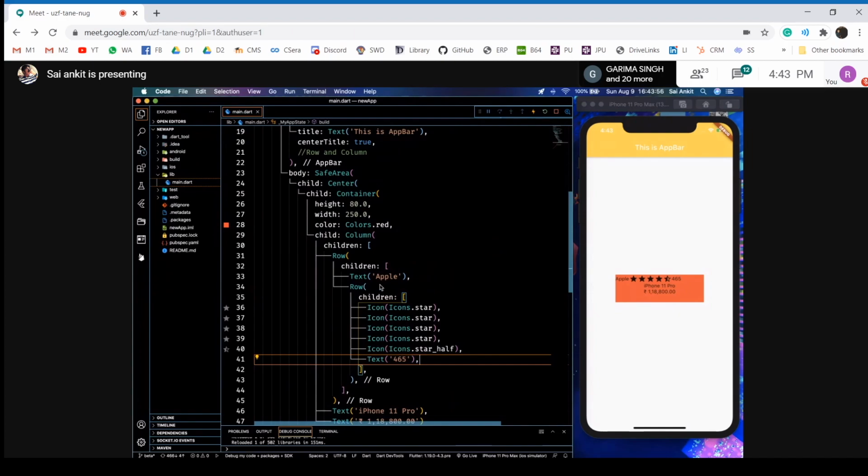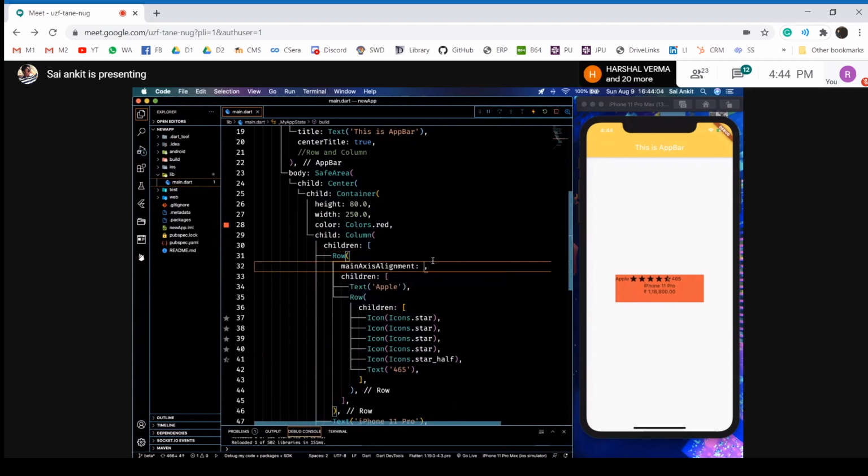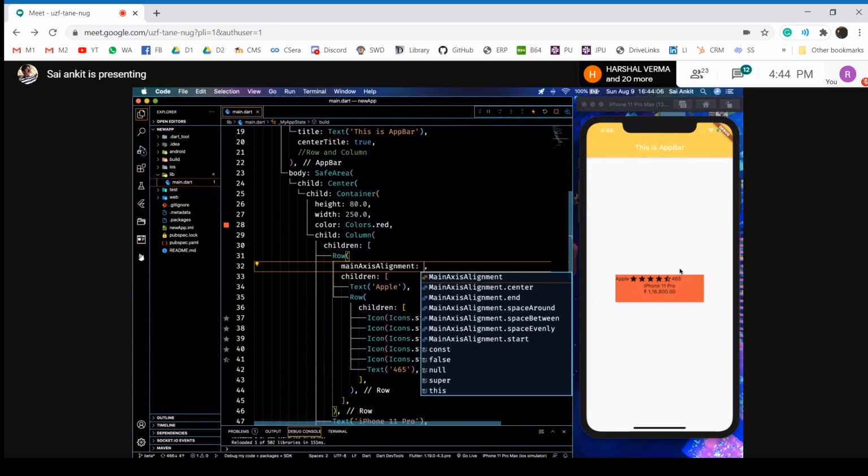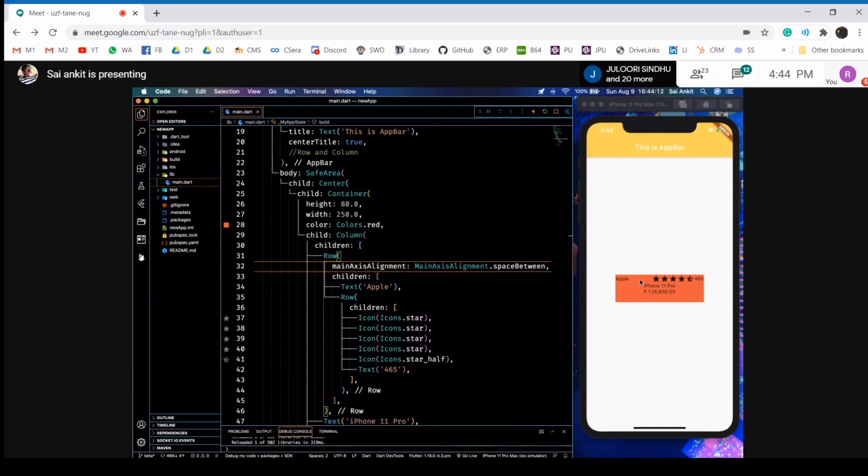Nothing's changed because we haven't aligned anything. So the main big row has to be aligned space between, right? So I'll go to row, main axis. The row's main axis is in this direction. So main axis dot space between, then it spaces between. You get it, right? Instead, if you do not include another row widget, it spaces Apple, each star, each star, each star, and this 465 also.